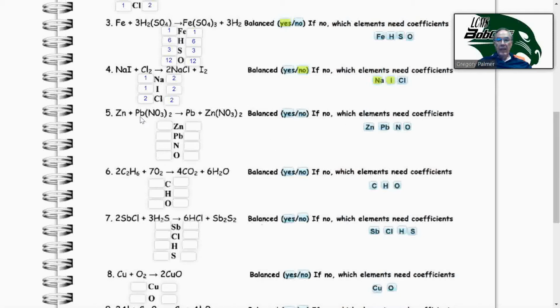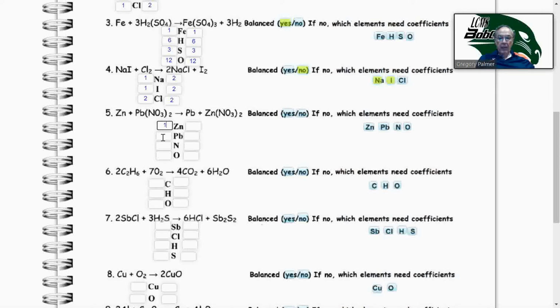This one says this zinc plus this lead nitrate, and you see there's a subscript of 2 on the nitrate, so there's 2 of the NO3s. It's going to yield this lead and this zinc nitrate, and there's also a 2 on the outside of this parentheses. So the 2 goes to everything inside the parentheses. So over here there's 1 zinc,